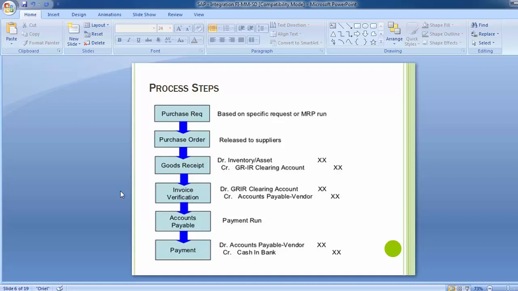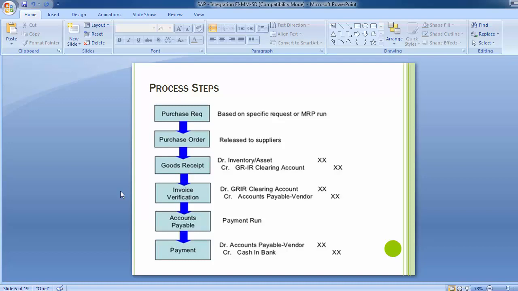And then we move to the next process, invoice verification. Invoice verification means basically looking at the invoice to check whether it has been received, and if it has been received, its verification has to be done, to see whether the invoice details relate to the purchase order or not. So it should have the same rate and the same quantity.